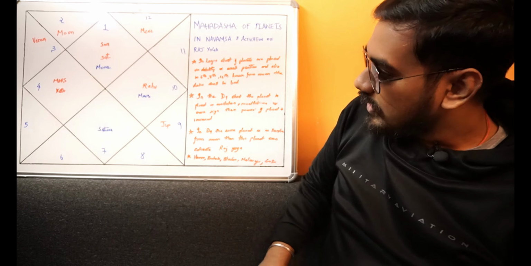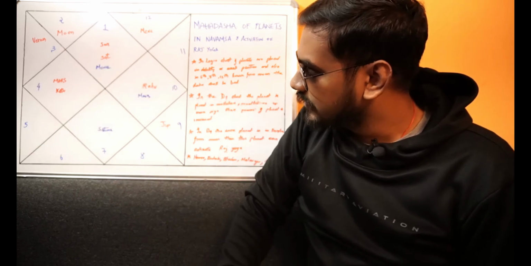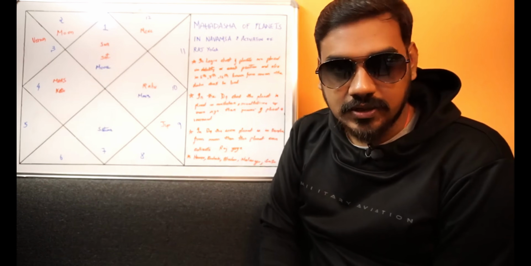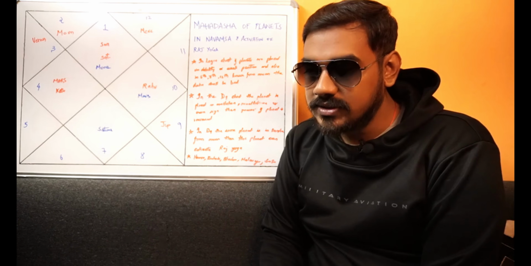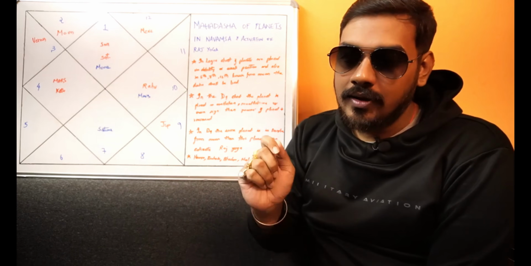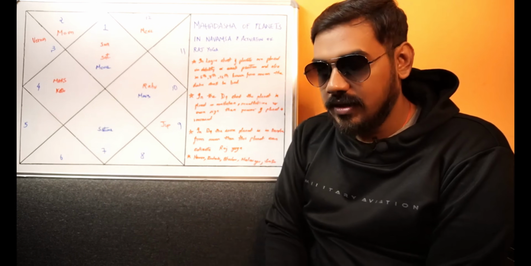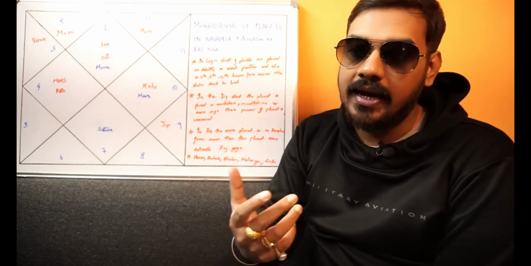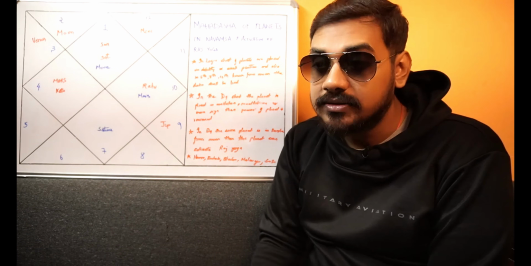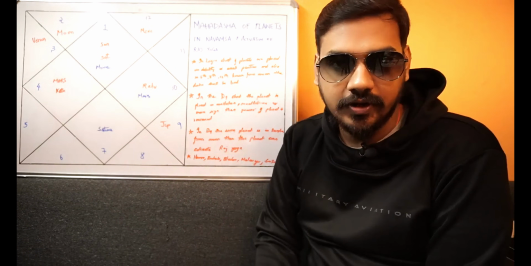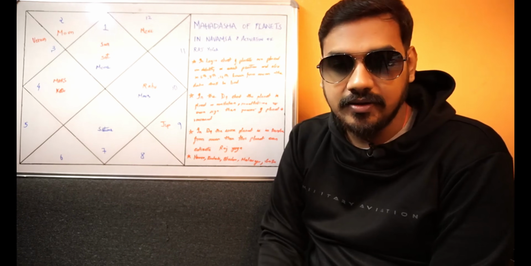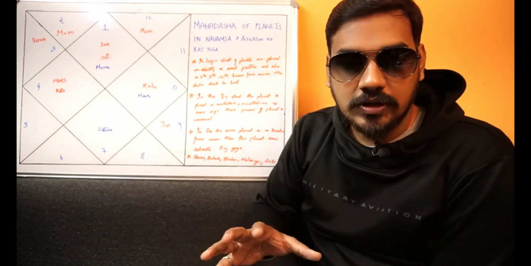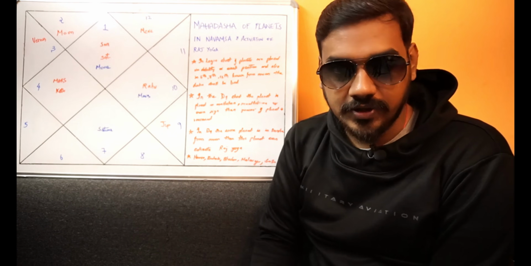So similarly, let's say that Mars is debilitated in the 4th house in the Lagna chart and Mars is debilitated in the 3rd house in the moon chart. Mars debilitated in the 3rd house in the moon chart shows that the person will have bad experiences with neighbors, younger siblings, and cousins, will have problems in communication, can become an aggressive communicator and can get charged or fined for spreading false news. It can also create health problems and accidents while doing short journeys, because Mars debilitated in the 3rd from moon will make you feel that this is the experience that I am getting internally.